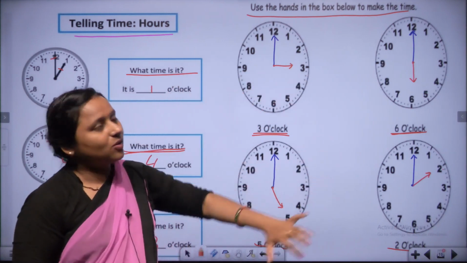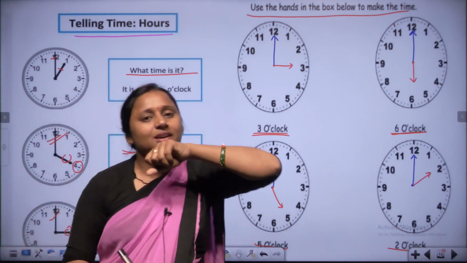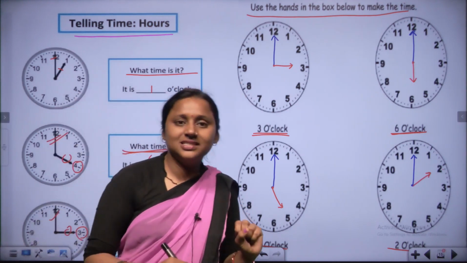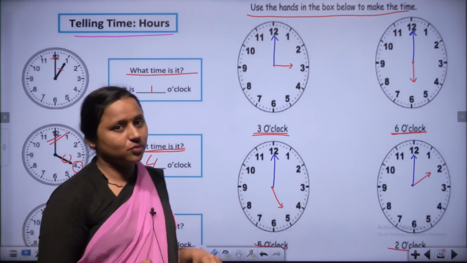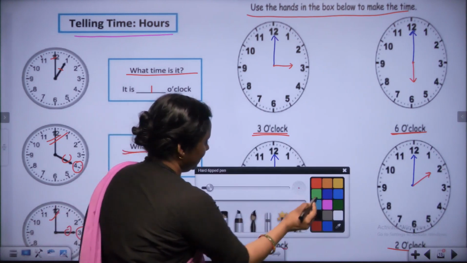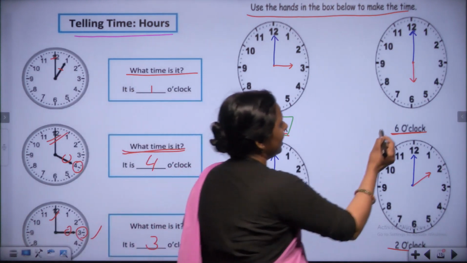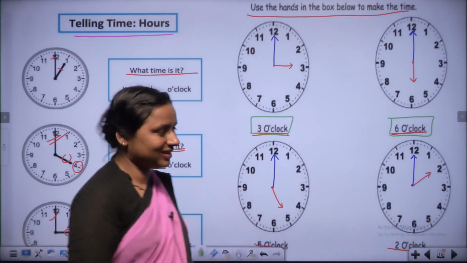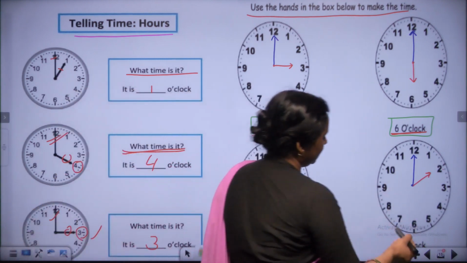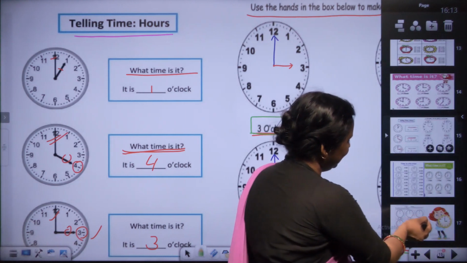All of you. My clock looks beautiful, children. Yes, looks beautiful. Blue color. Which hand? Yes, minute hand. And red color is hour hand. Okay, so we read. What time is it? Yes, this one is 3 o'clock. Yes, 3 o'clock. And this one is 6 o'clock. Yes. And this one is 5 o'clock. And last one is 2 o'clock. Okay, children. Now,